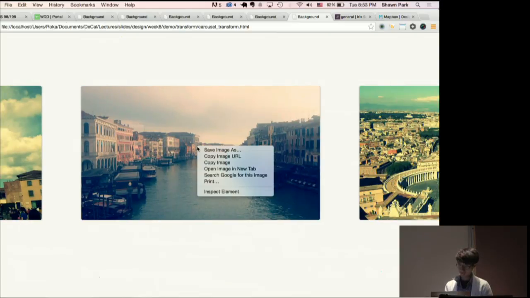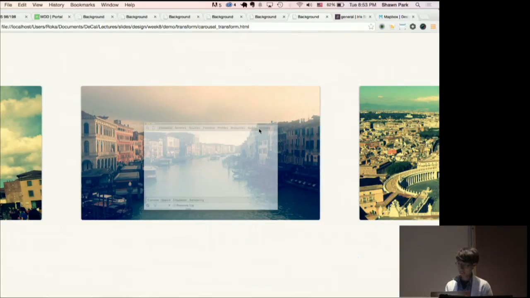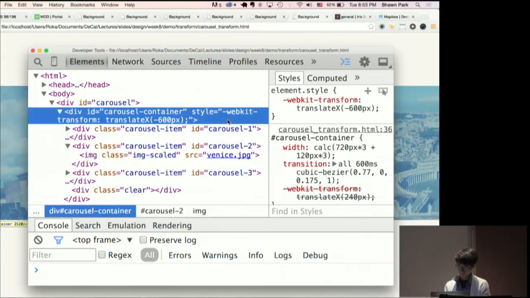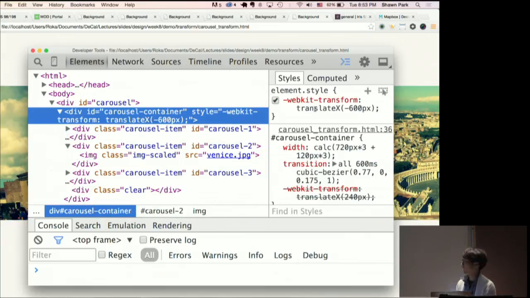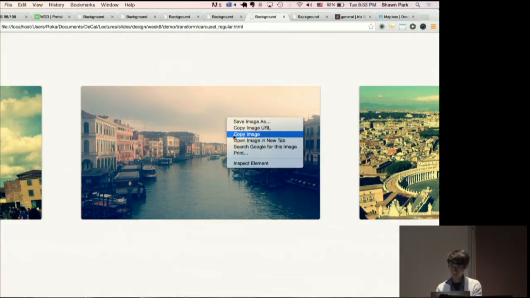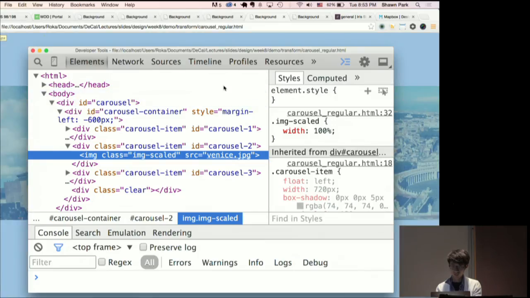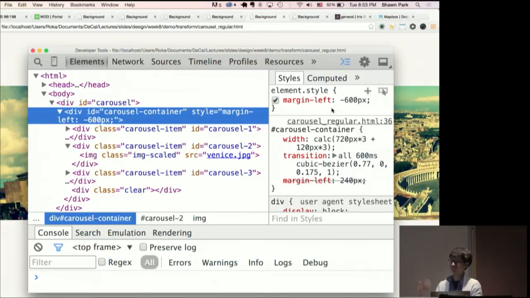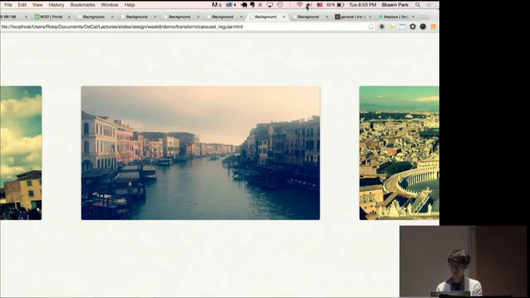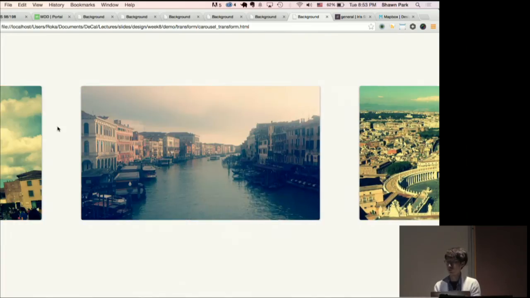The only difference that I made is that in the transform example, for the CSS, I used the WebKit transform translateX, which I'm going to talk about in 2 weeks. If you use this, it would be a lot faster than using the regular margin-left. Here I use a regular CSS property. If you use a regular CSS property, it's going to run slowly because it doesn't use your graphic card. Whereas if you use transforms, it uses your graphic card, so your performance would be equivalent to that of native applications.